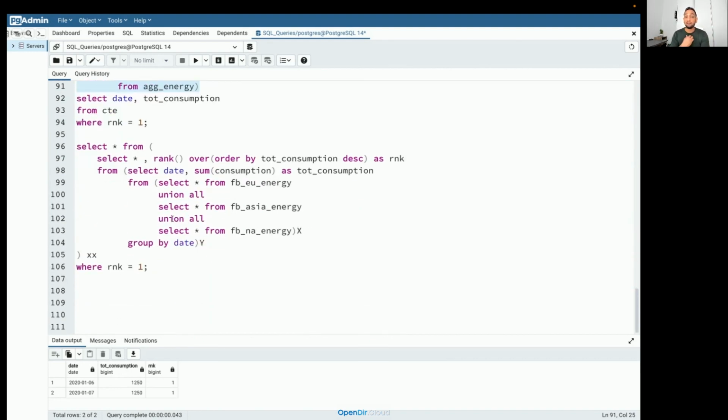Trust me, I have worked on projects where we had queries which were 200 lines long, and we had multiple subqueries. I'm talking about a long time back, when I was working for banking clients, and the queries were written 5, 10 years back. Just to understand what is happening in the query, we used to spend a lot of time.